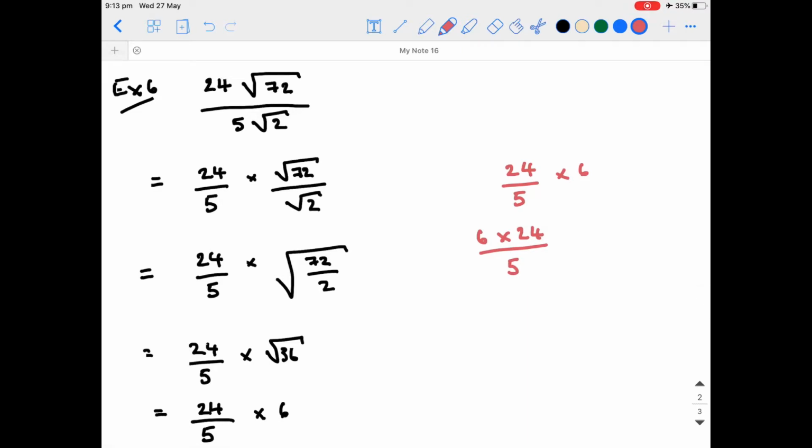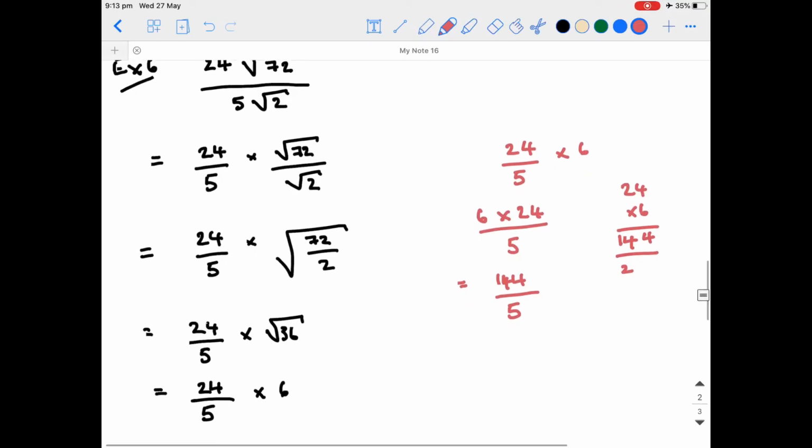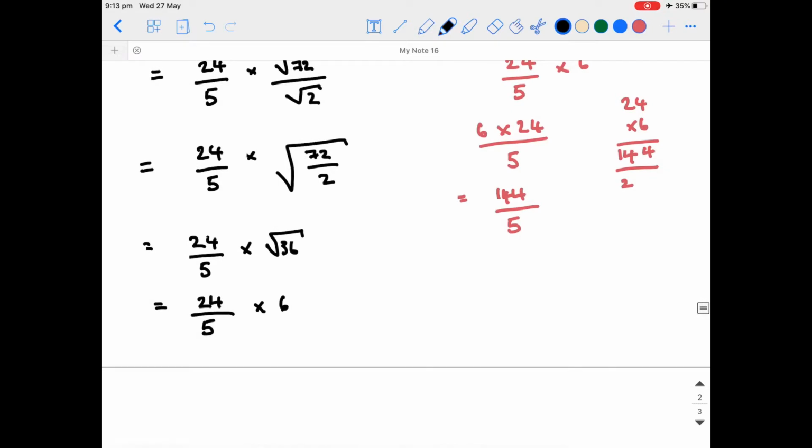Now 6 times 24 is equal to, so 6 times 4 is 24, carry your 2, 6 times 2 is 12, add on 2 is 14. So the answer is 144 divided by 5. So the answer that you're looking for then is equal to, let's write it to the side here, 144